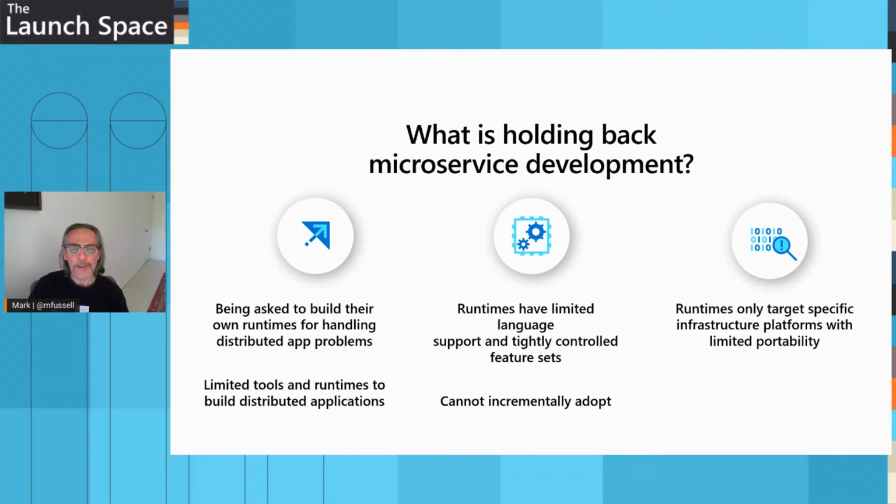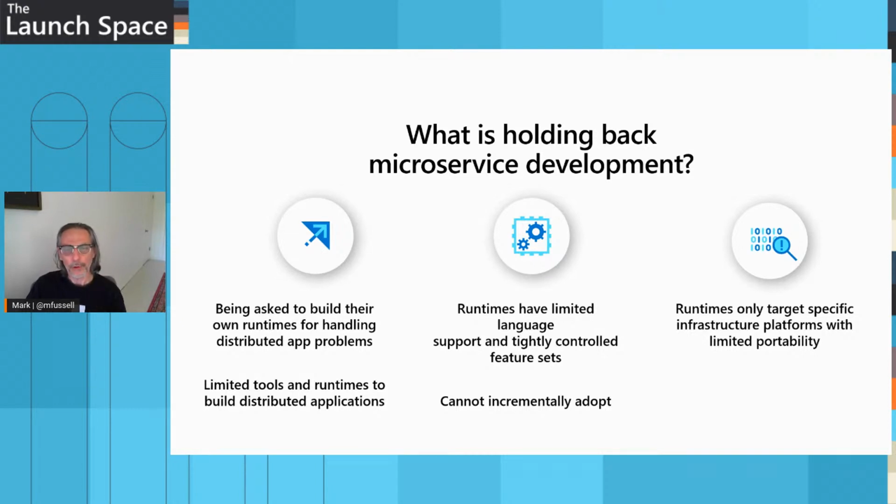And then also we find that sometimes particular runtimes say that I'll only work on this particular cloud provider. They'll only work on the edge, or they'll only work on a particular hosting platform like Kubernetes. And so you need this portability. You need to be able to have multi-cloud. You need to have portability across cloud and edge. You need to be able to host anywhere. So these are sort of the problems in the Microsoft development space.